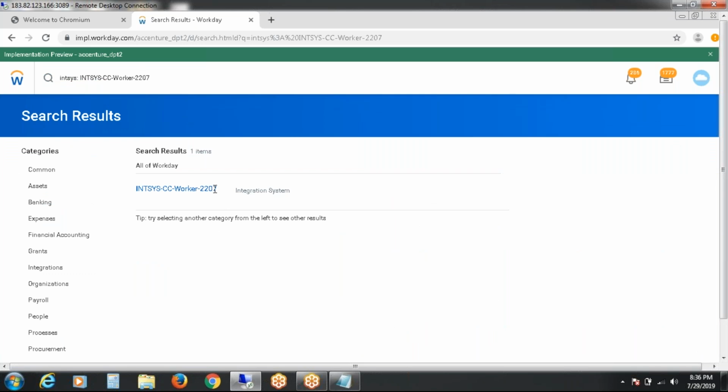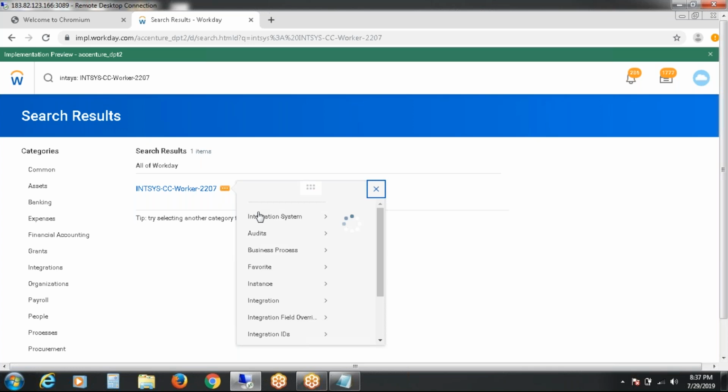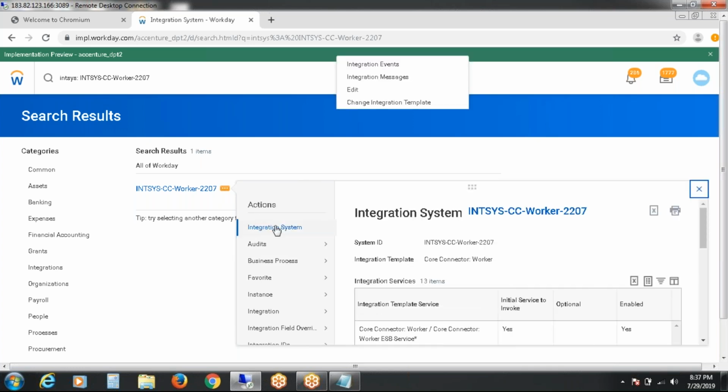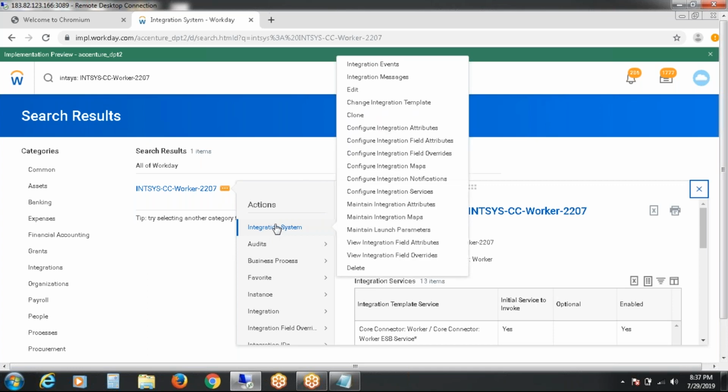Go to the related actions. Go to the integration system. See, we need to select some fields. What do we need to do? Go to integration field attributes.